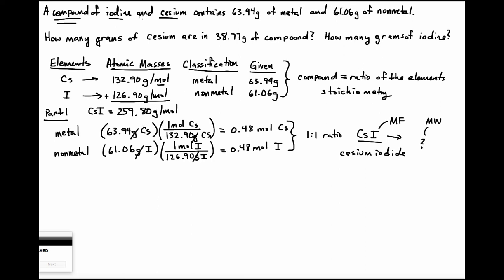So the compound of iodine and cesium contains 63.94 grams of metal and 61.06 grams of nonmetal. So we've answered part 1. We've determined the ratio, and we've determined the molecular